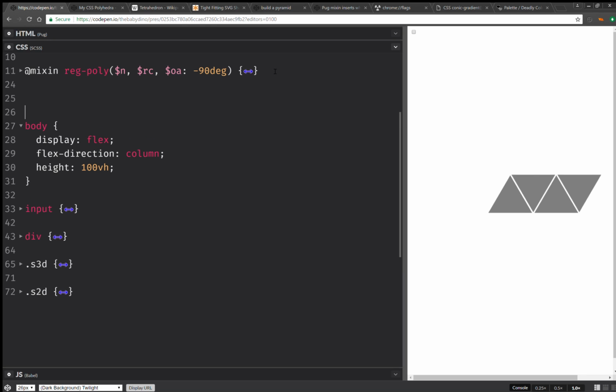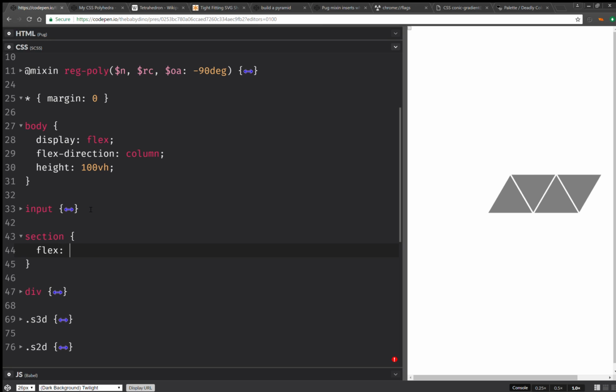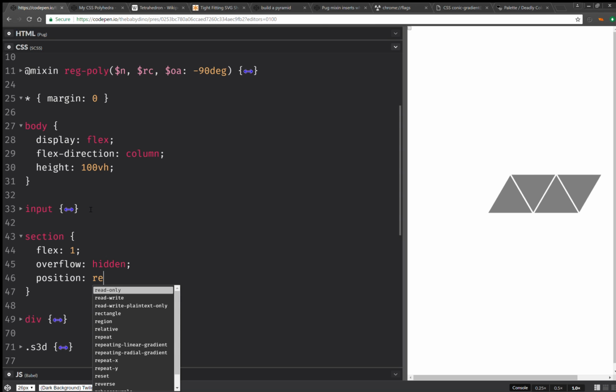I'm also going to have margin 0. Here for the section, I'm going to have, first of all, flex 1, overflow hidden, position relative,